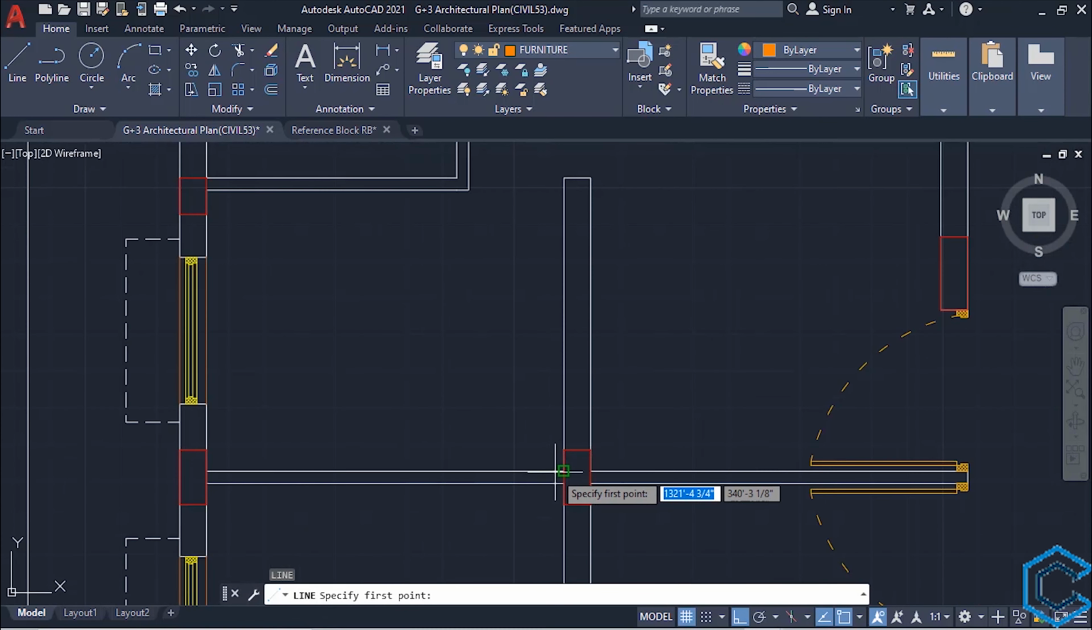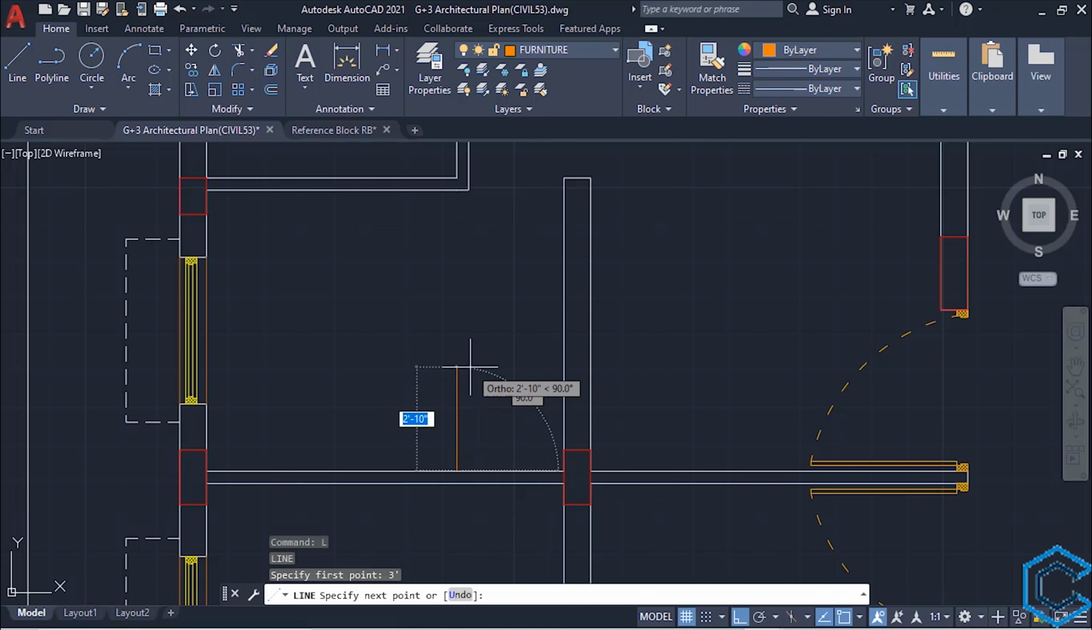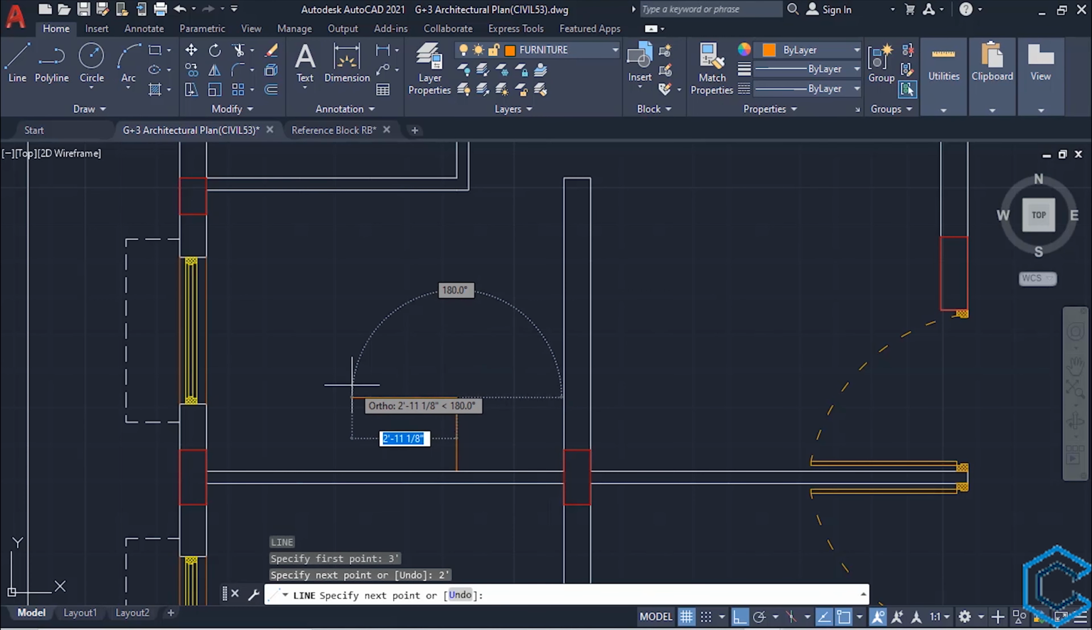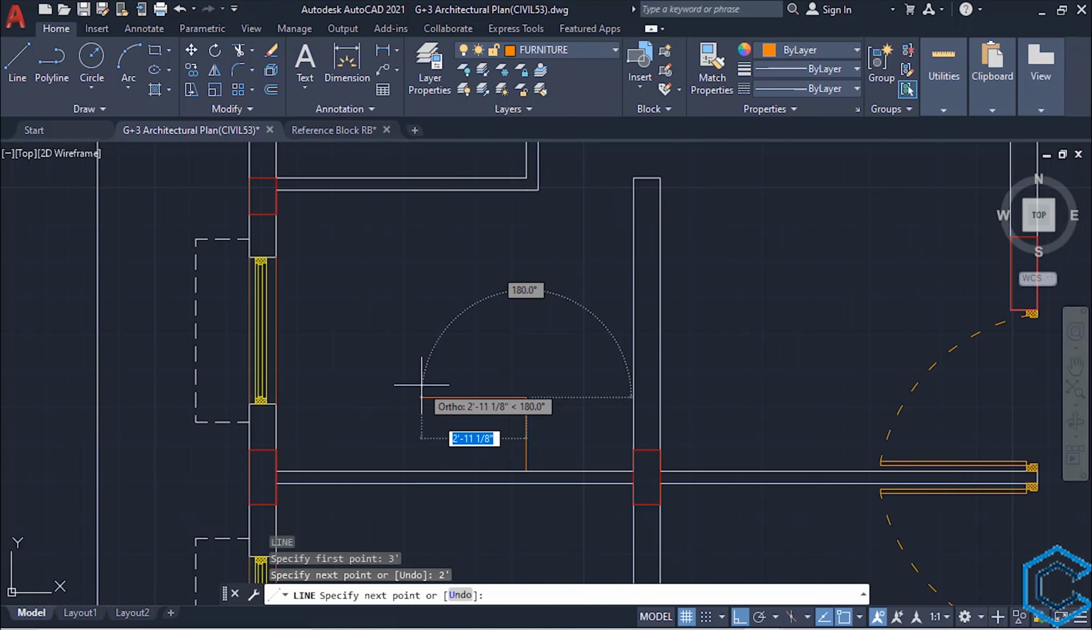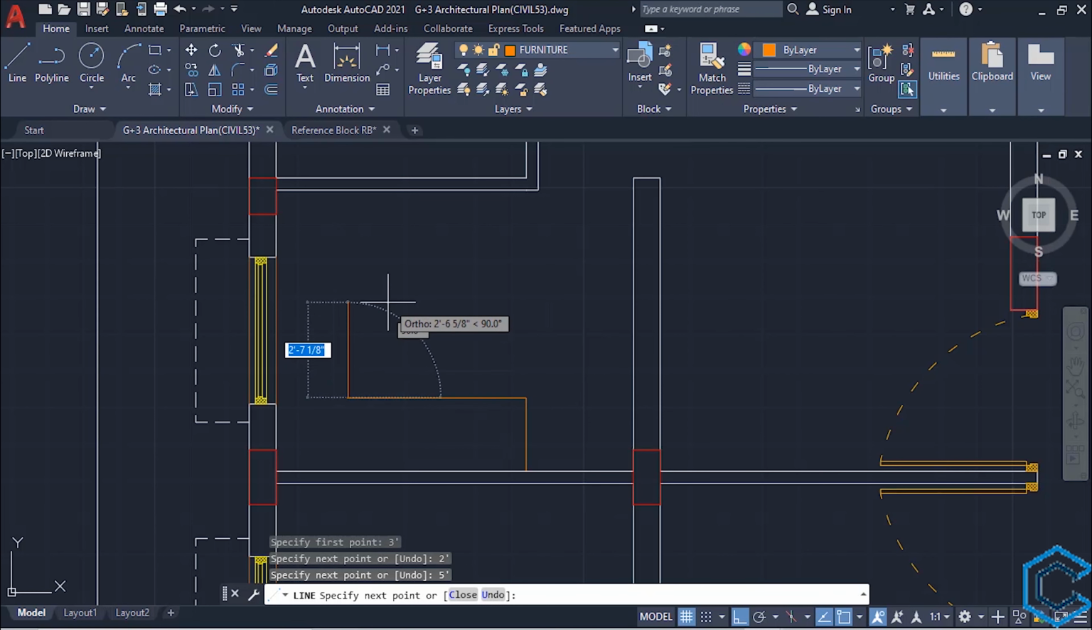Come to this point, do not click, move the cursor a little bit, type 3 feet, enter. Now move the cursor up. As we said, the general width is 2 feet, so type 2 feet, enter. Now move the cursor like this and give a distance of 5 feet, enter. Move it up and give it a distance of 3 feet